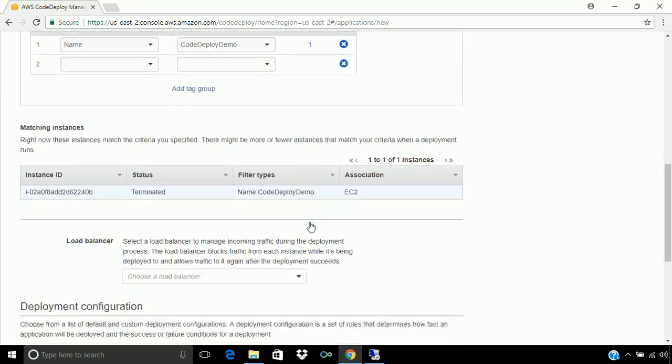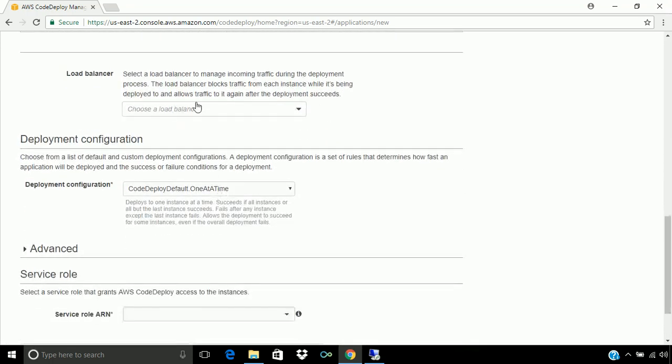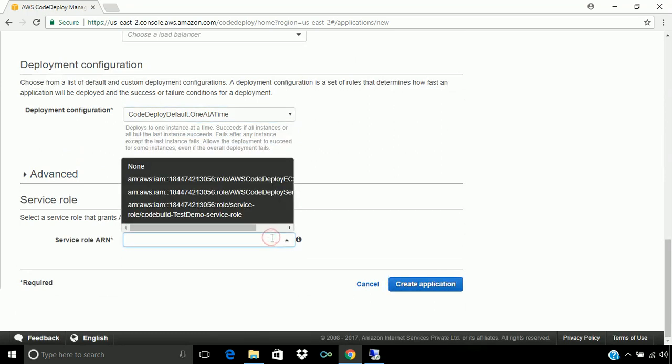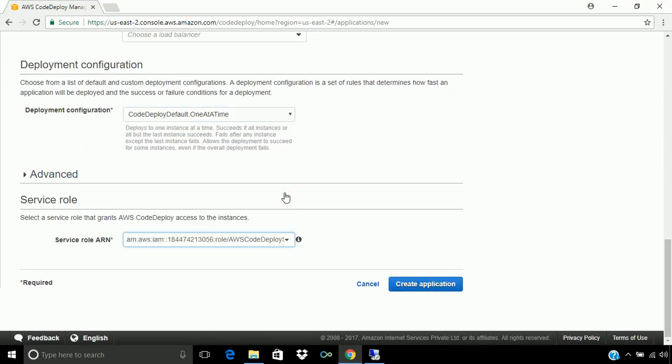So that has been added. Now for deployment configuration we will select one at a time, because we are going for the in place deployment, so we don't have to specify anything here. For the service role ARN, we have to select the code deploy service role, which we have defined earlier in the setup instructions. And after that, let's create this application.